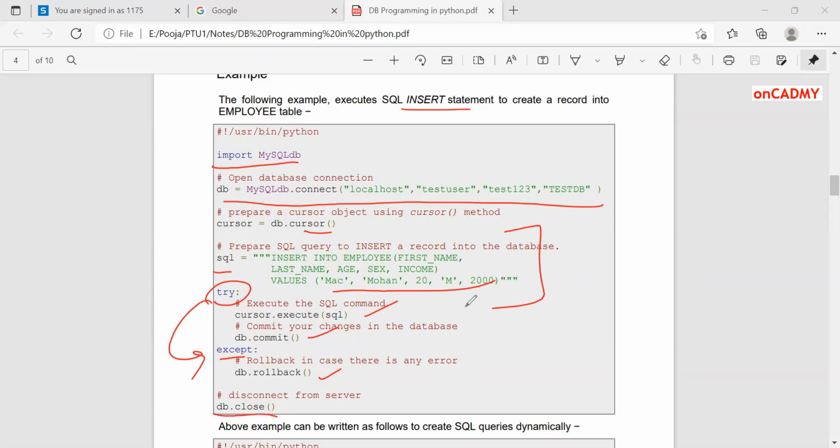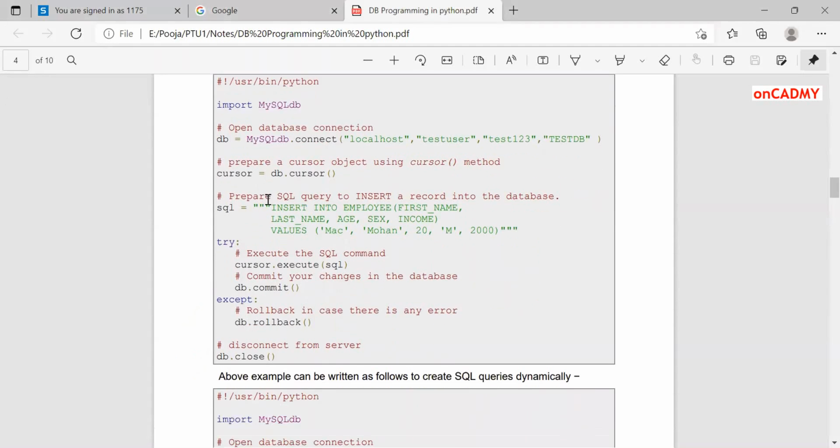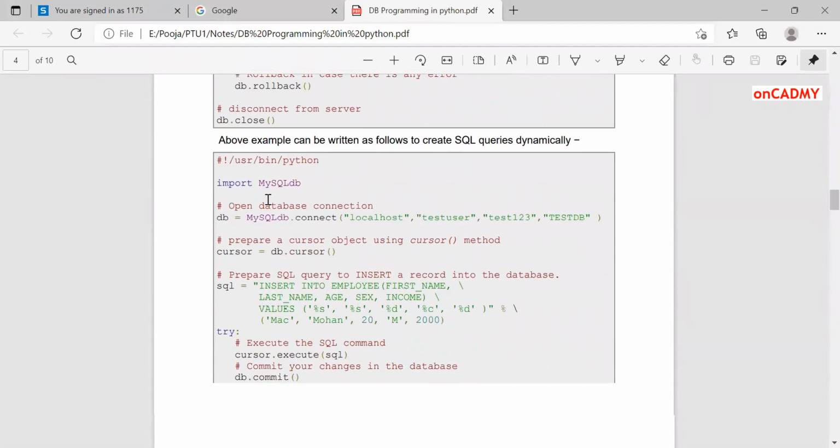So this is a simple way of inserting data into the database by using the insert command, and by using the connect statement, we'll connect with the database with this username and password. And this is the database name, and this is the main folder where your complete web application is stored. Okay, so this is how to insert values into the table by establishing a connection.